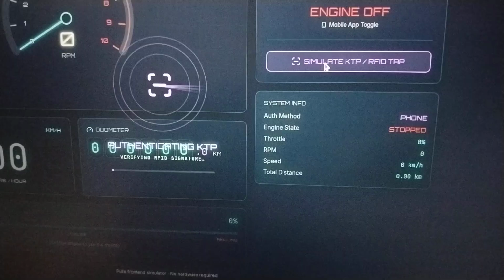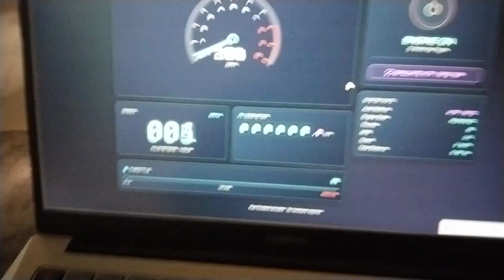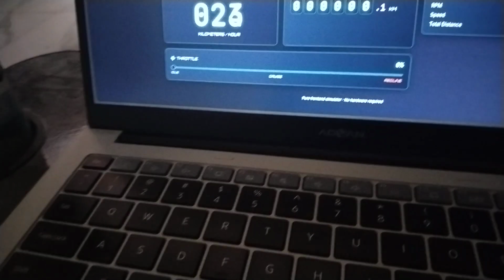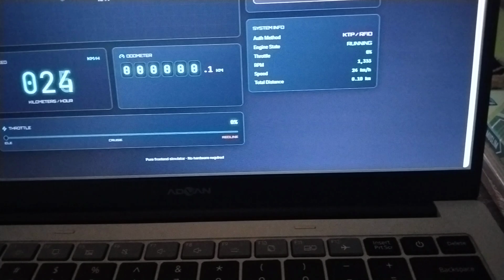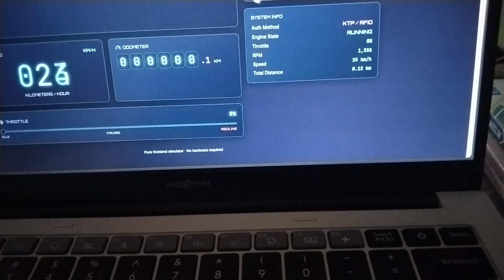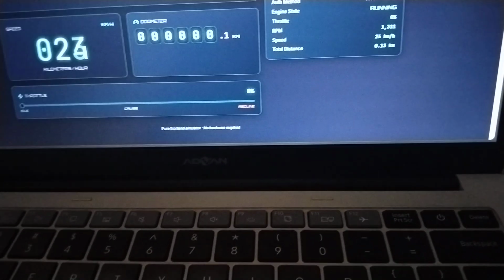Alright, let's run the simulation. Scenario 1: we want to start the bike using our ID card as an RFID card instead of a conventional physical key. I'll click the simulate button and watch closely.